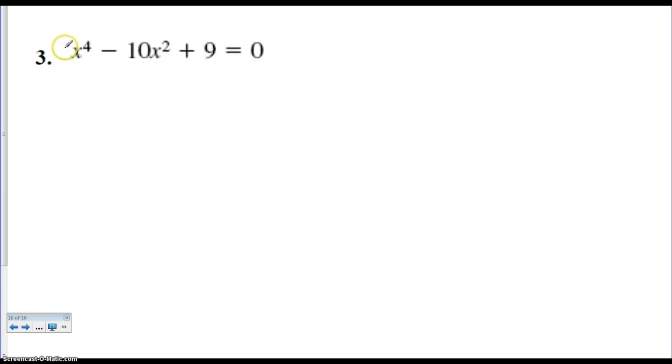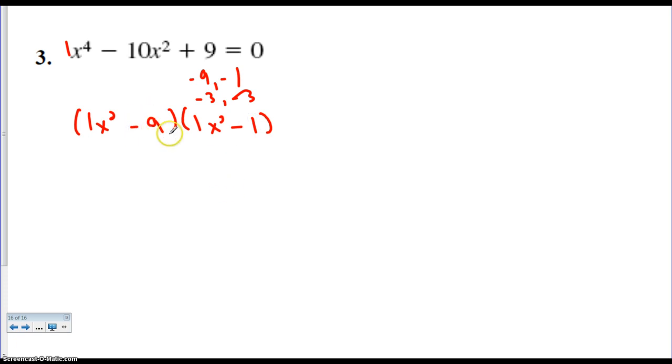All right, so this is quadratic like. So 1, how about negative 9 and negative 1? Okay, so let's look here. I know it's going to be 1x squared. I also know it's negative 3 and negative 3, and 1x squared. I'm going to go with minus 1 and minus 9. So I get minus 9x squared minus 1x squared, which gets me that negative 10. So that works out. This can factor out to be x plus 3, x minus 3, and then x plus 1,